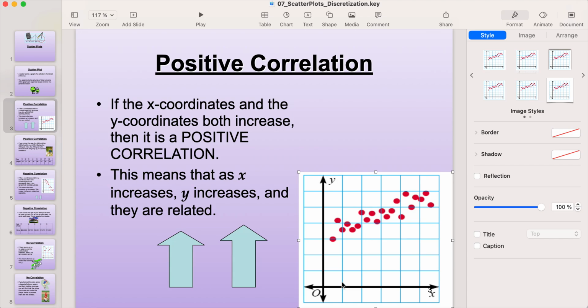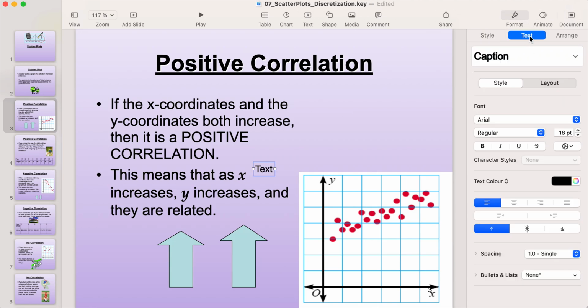If each square represents one unit or one number, then this point right here is 0.5 for x. For y, it has 0, 1, 2, 3. So this point right here, the first point, has values